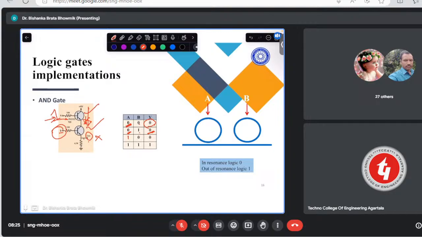If B is 0, there will be no output, so it's 0. If B is 1, then there will be output. So it's a simple AND gate. So now how can we make it the same thing using this